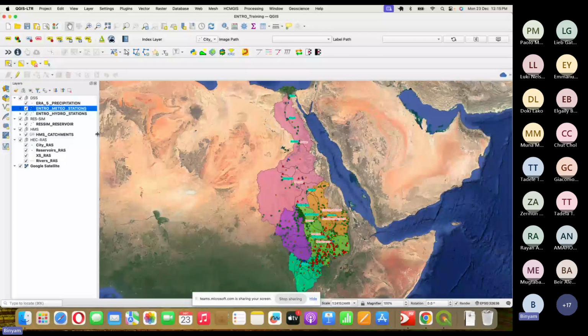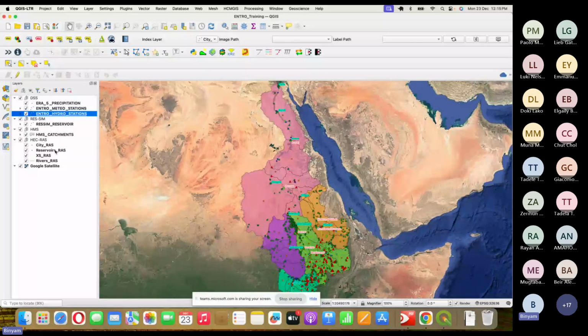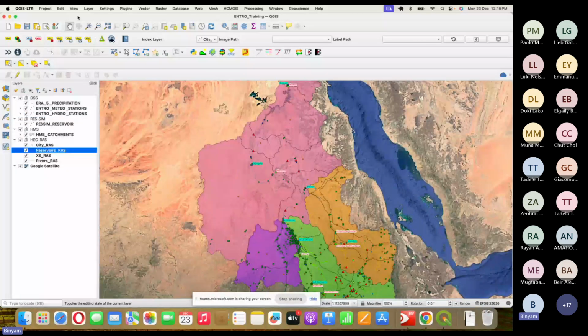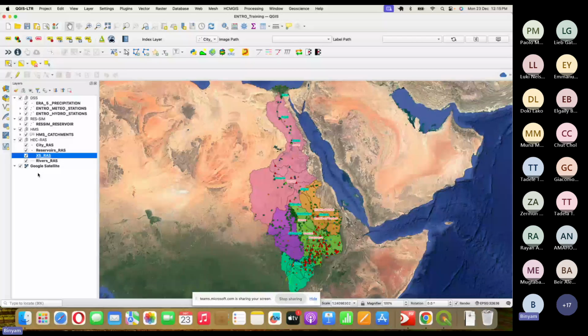And hydro station, you can zoom in. Let's say reservoir RAS, you can zoom in to that place and you can see. So this is the extent. The reservoirs are found within this extent. And this cross-section RAS, zoom to this layer. To see